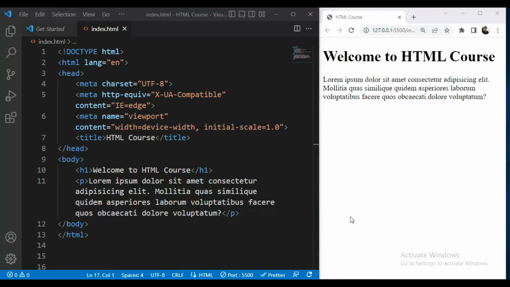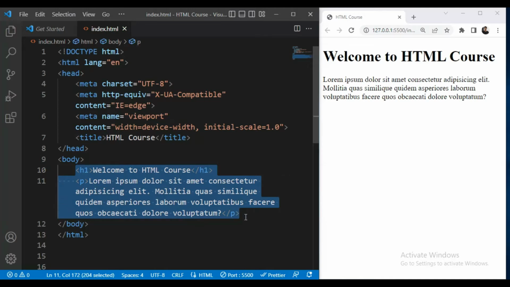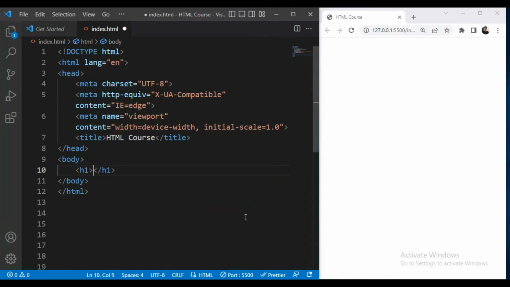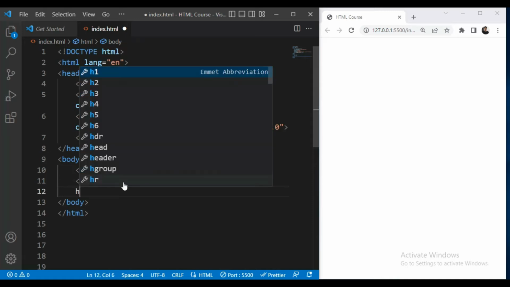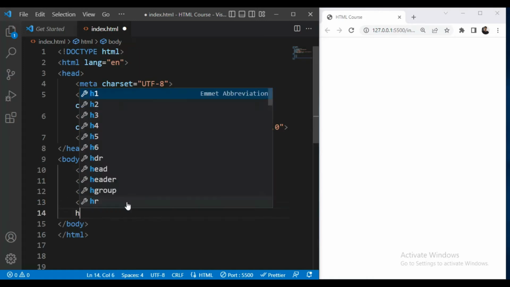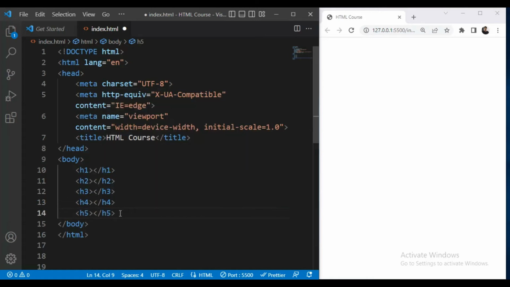Next, we will see some basic HTML elements. First we will see the heading elements. First we have H1, and in heading elements we have from H1 to H6. So, this is the H2 tag, and H3, H4, H5 and H6.